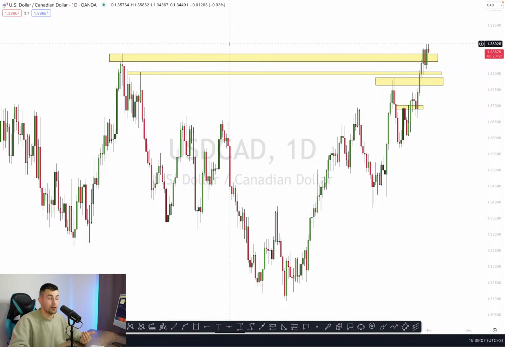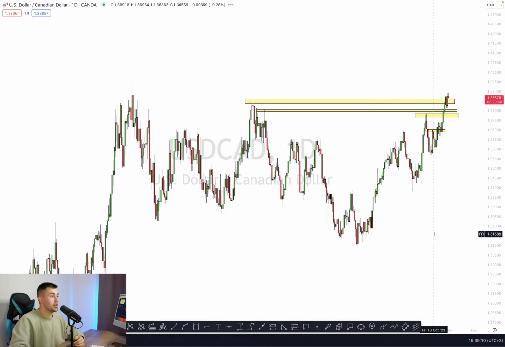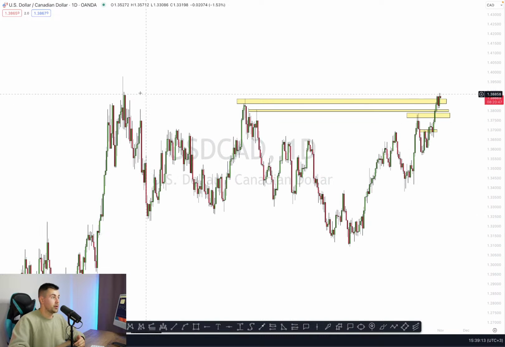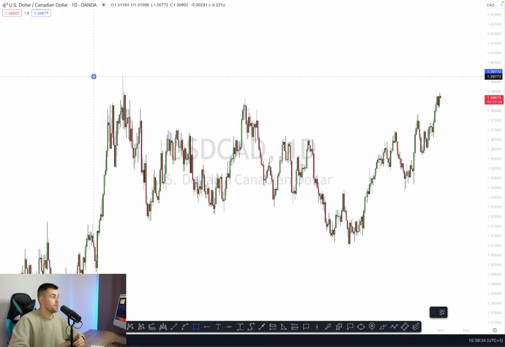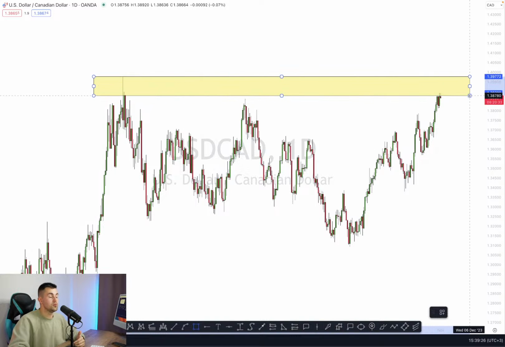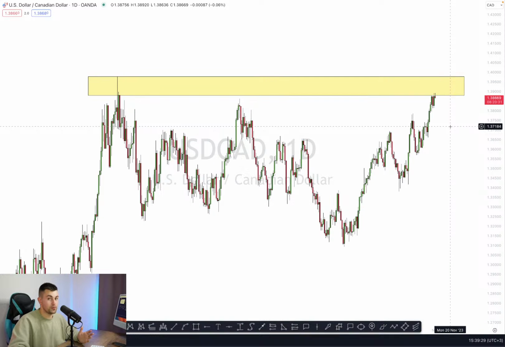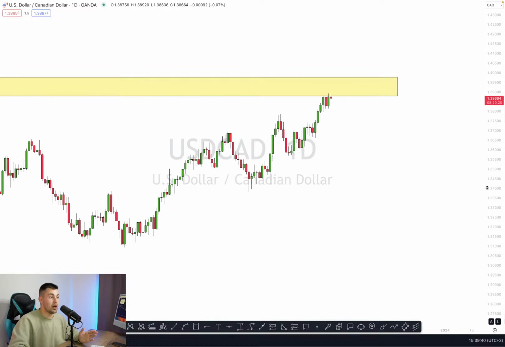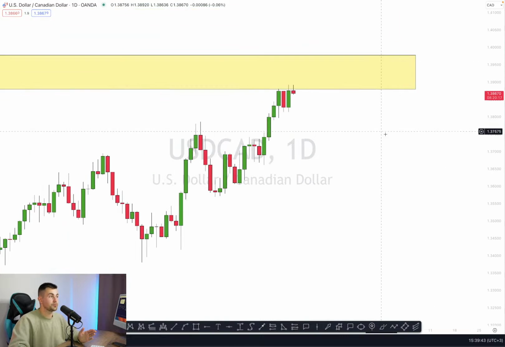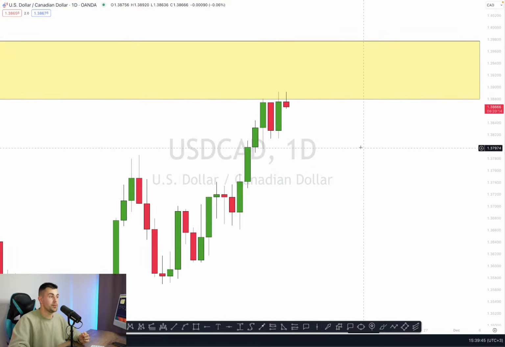Yes, where is our next strong structure? What we do, we simply look left at structure and check where is our next strong resistance. And traders, the thing is, let's just remove everything. You can see that here we have a huge horizontal zone of supply. You can see that here we have a huge resistance that the market reached. Yes, it is a very strong structure that we approached. And after we tested that structure, take a look what happened with the pair on a daily.